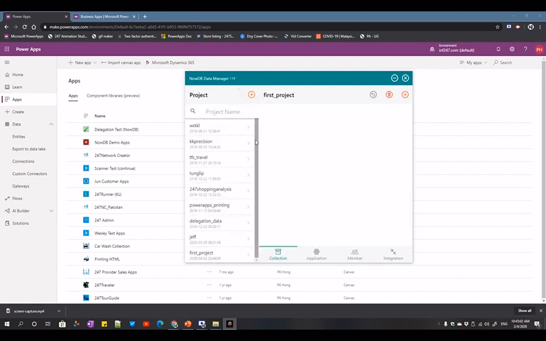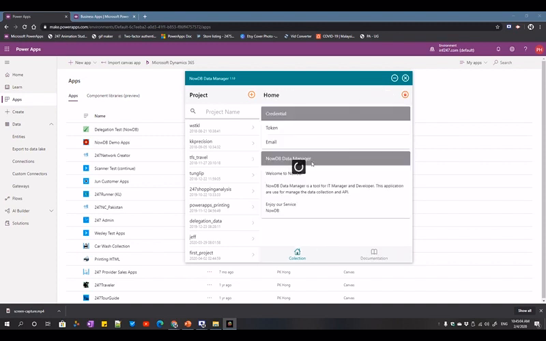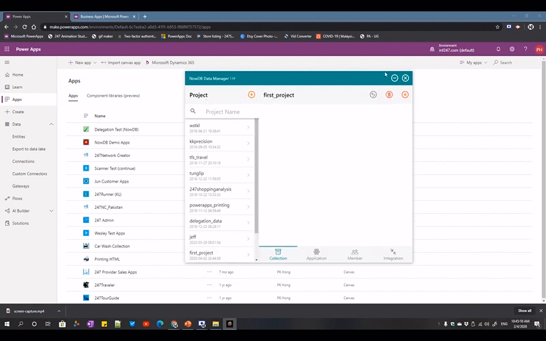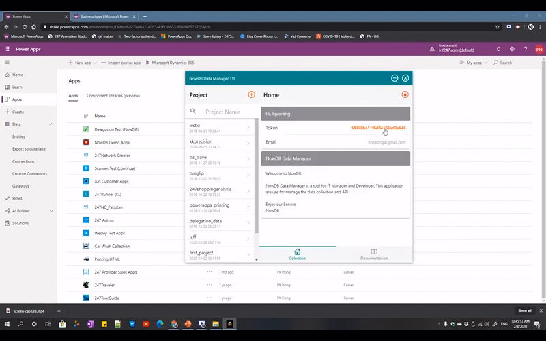All right. As I mentioned the other day, when you sign up to NowDB, you will be given a token. This will be the token. And for any project, there will be the same token. For this first project,